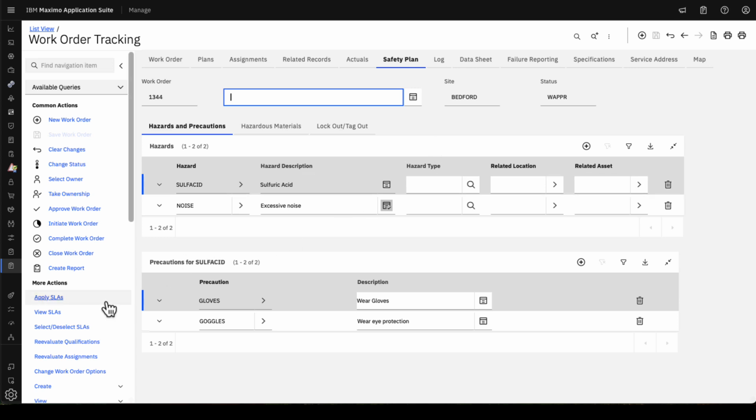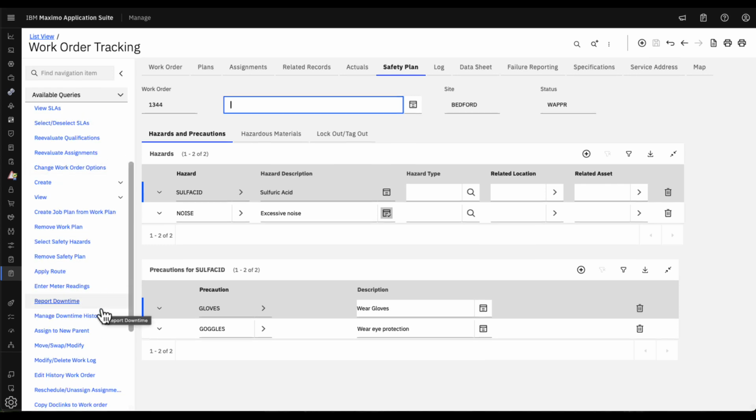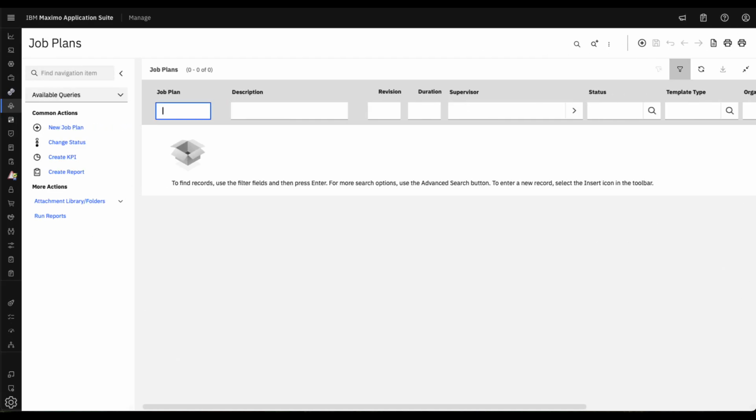Also note some of these actions over here on the left hand side, where you can remove the safety plan, and you can also select additional safety hazards if you like. So that's pretty easy. Create a safety plan, attach it to a work order, and you're good to go. Alright, so now